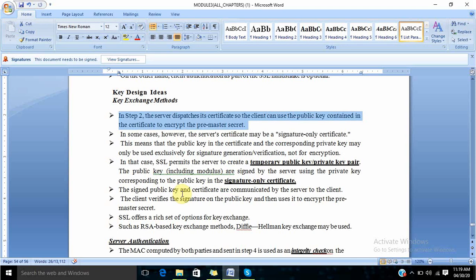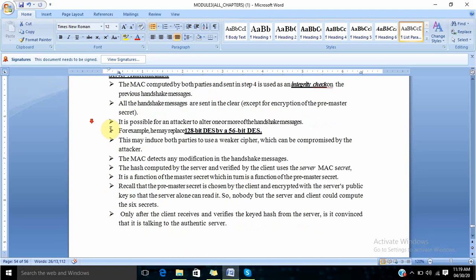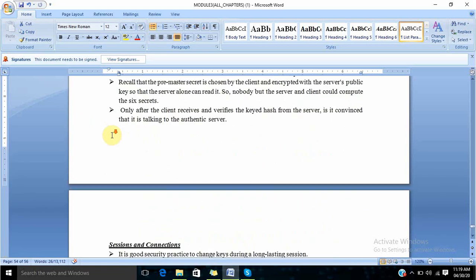The signed public key and the certificate are communicated by the server to the client. The client verifies the signature on the public key and then uses it to encrypt the pre-master secret. SSL also offers a rich set of options for key exchange, such as RSA based exchange or Diffie-Hellman key exchange, which we have already discussed before. So this is about the key exchange ideas.